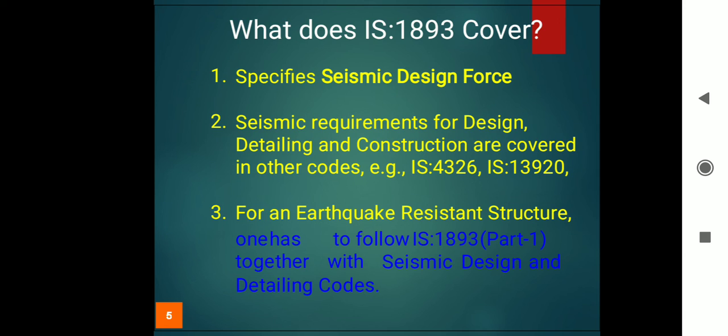And the next modification is that torsional eccentricity values have been revised upwards in view of serious damage observed in buildings with irregular plans, and the modal combination rule in dynamic analysis of buildings has been revised. Other clauses have been readapted where necessary for more effective implementation. IS Code 1893 5th revision covers, first in Part 1, specific seismic design force, seismic requirements for design, detailing and